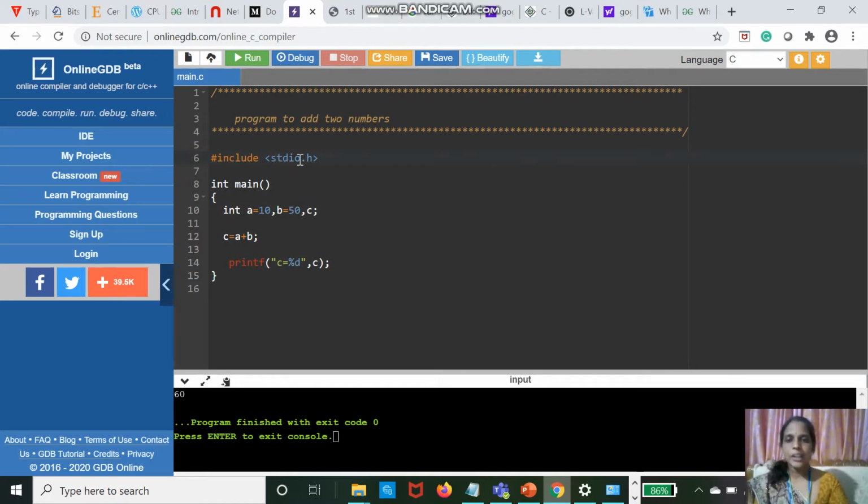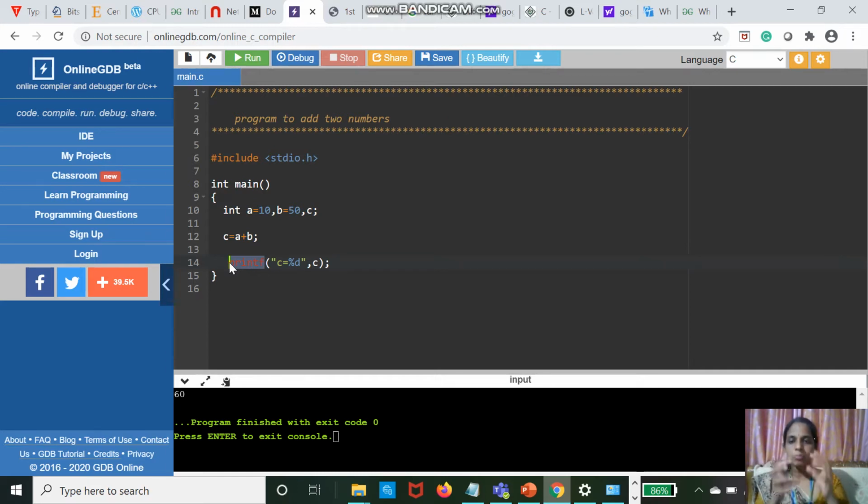See, stdio.h, this .h indicates it is a header file. There are many header files in the C language, and stdio.h is one header file. Printf is used to print the output, right? So where is printf defined? Who has given the meaning to printf, print output?